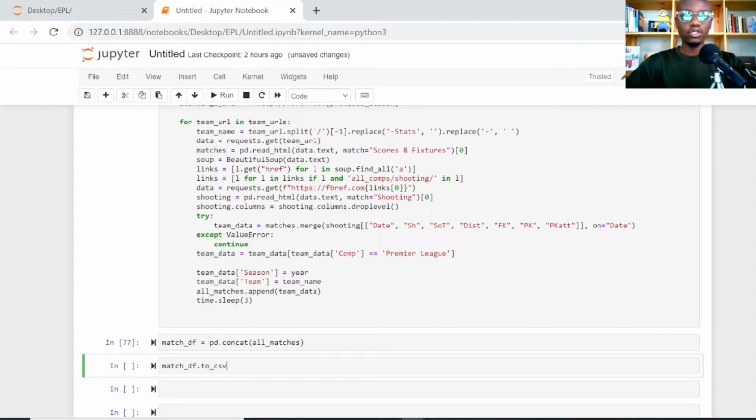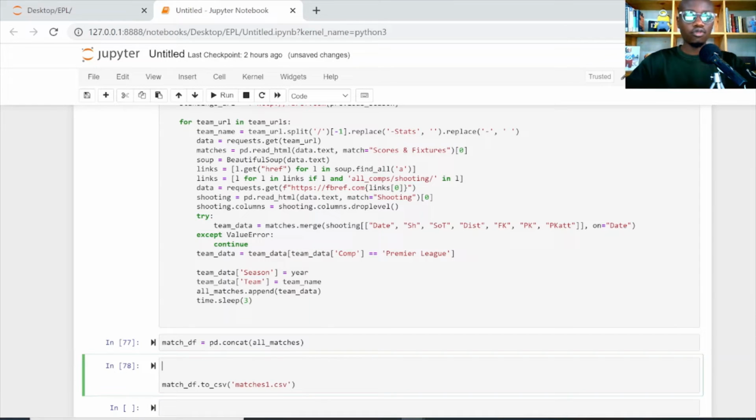This toCSV will just create a file, which let's just call matches.csv. So we'll just create this file and save it. And before we do that, I've done it by mistake, no problem. Just write matches1 here. Before we do this, I want to, because I keep on changing, you can see comps,